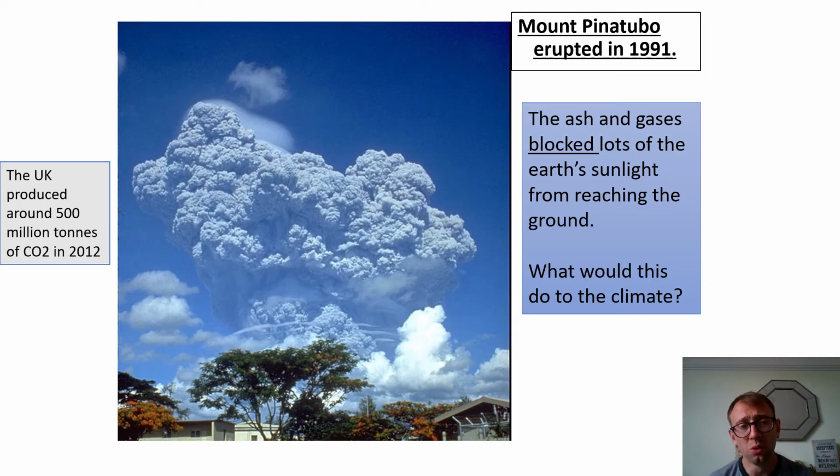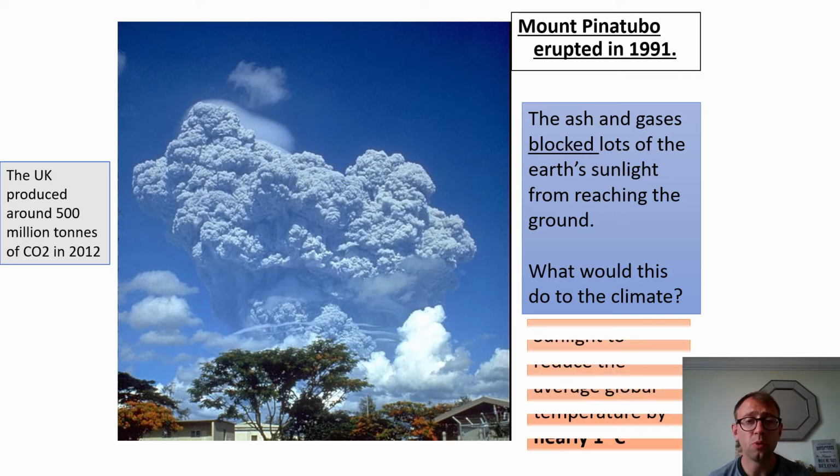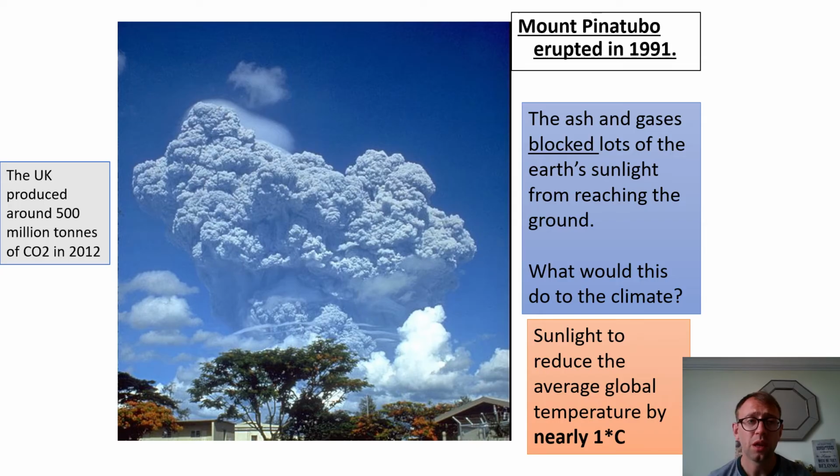However, also the amount of gases that are released, for example CO2, can cause widespread problems, and obviously over time this could lead to an increase in temperatures. Now in the UK we produce about 500 million tonnes of CO2 a year, if not more now, whereas this actual volcanic eruption produced about 20 million tonnes. So that's a small country's worth of CO2 emissions from one volcanic eruption, so it is going to